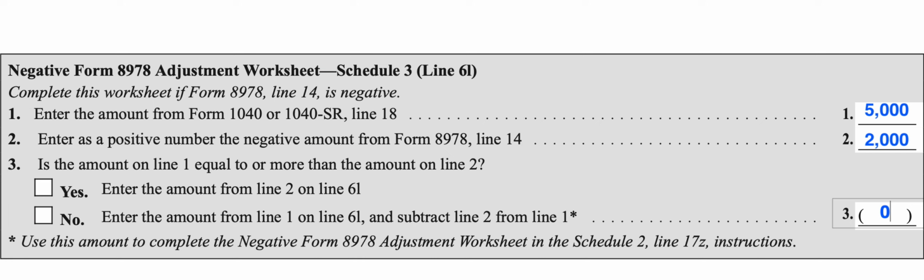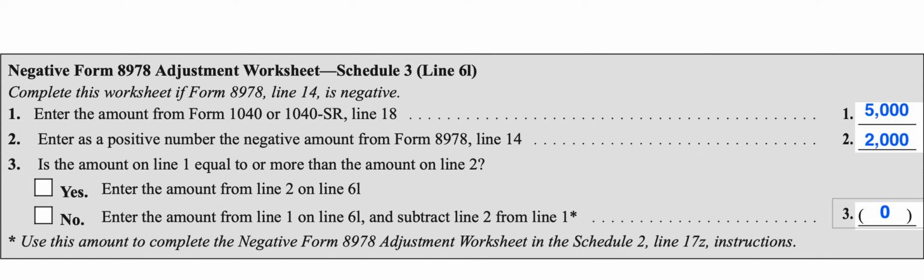We'll be going over the negative Form 8978 adjustment worksheet for Schedule 3, line 6L. You'll complete this worksheet if the amount on line 14 of your Form 8978 is negative. This reflects the total increase or decrease to your reporting year tax. You'll need to complete the Schedule 3 worksheet in the event of a decrease or a negative number in that